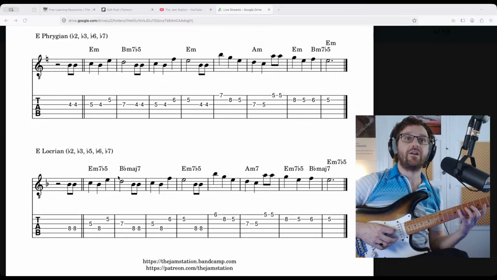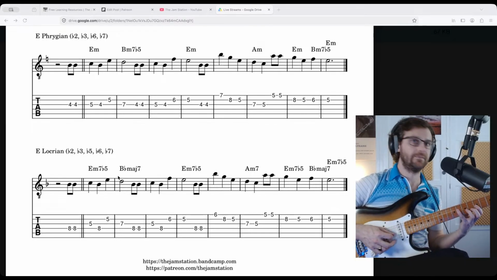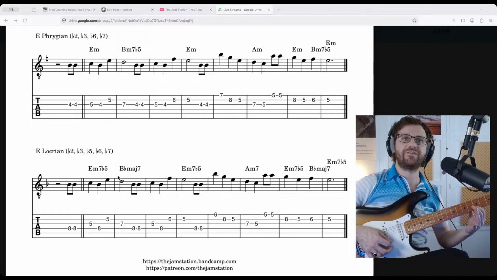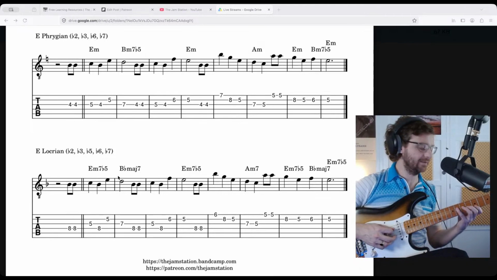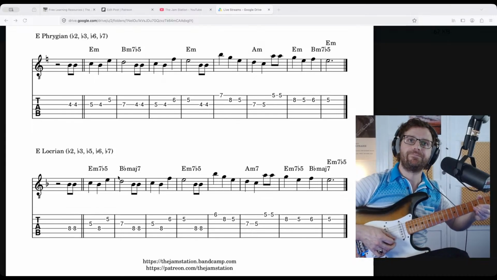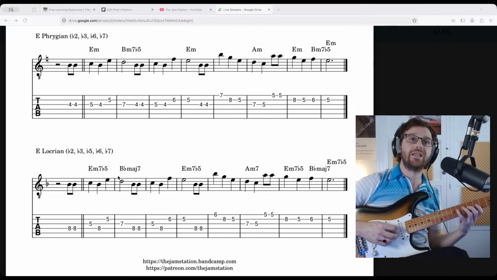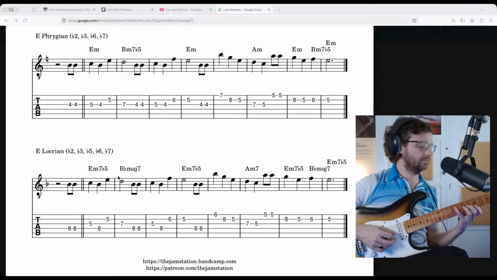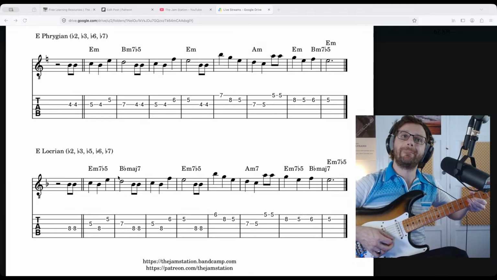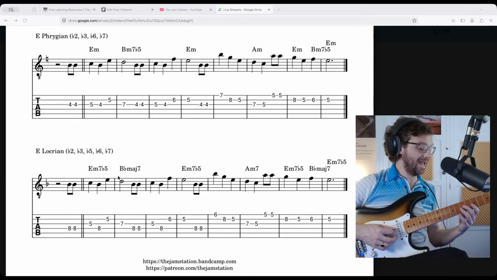Again from the flat 5, 6 to 5, okay, so we could do a semitone bend there, like this. Let's do those 2 together. Oh, 6 to 5. Now,